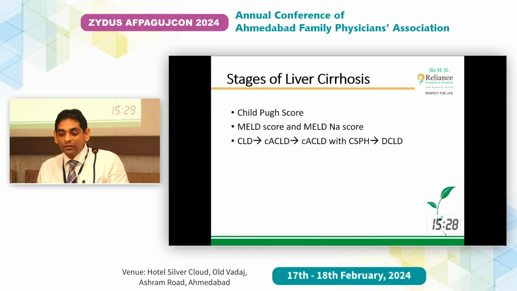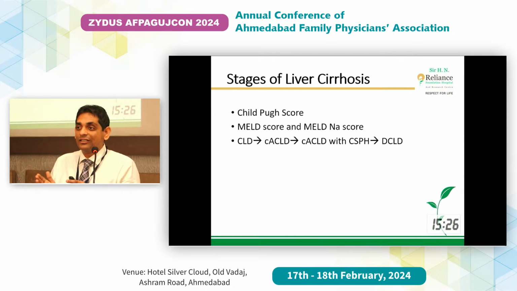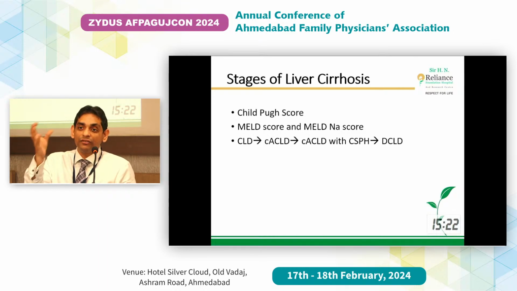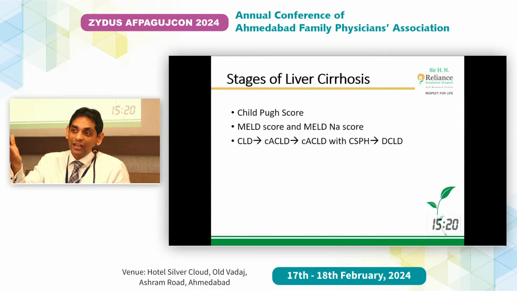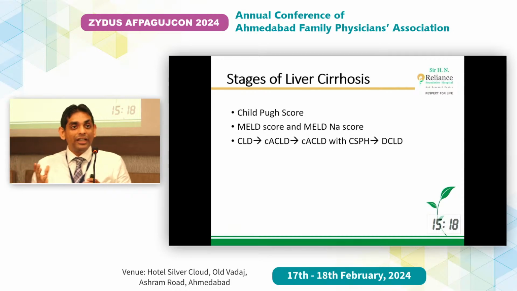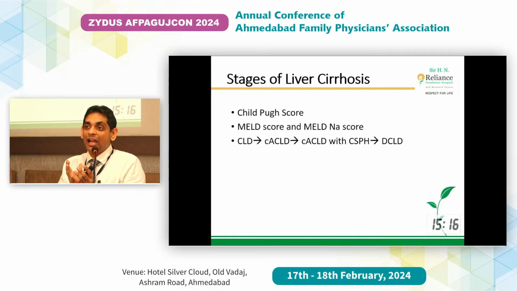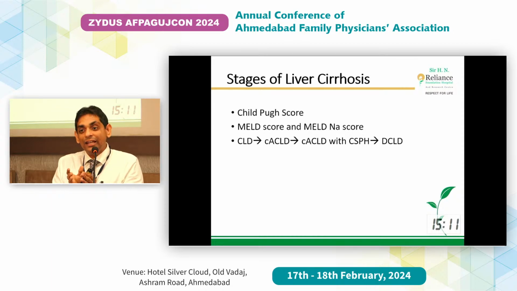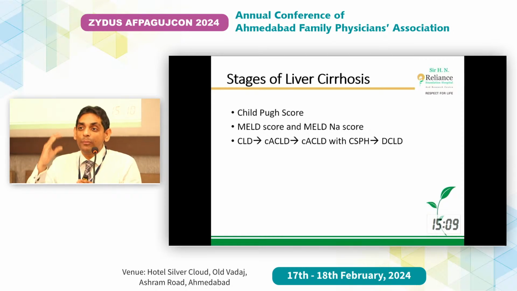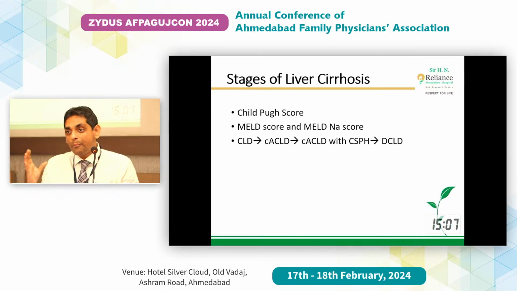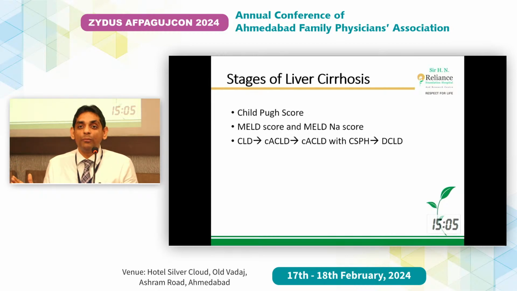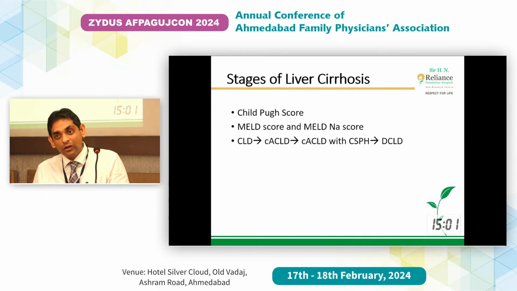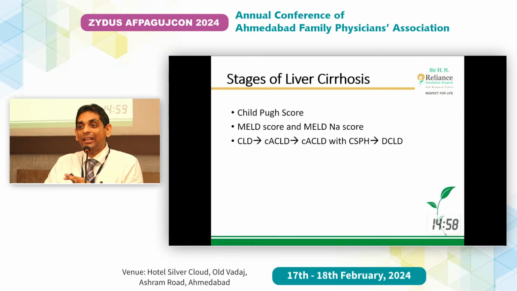Coming to the second part of the talk, stages of liver cirrhosis. It was very simple in understanding that you may have fat, then you will have swelling, you will progress to fibrosis, and then you will progress to cirrhosis. But I want a scale which will give me an idea about portal hypertension, that is the pressure of the liver, and also in terms of complications. When we use the word compensated, it means the person doesn't have any complications. And if I say decompensation, it means they have ascites, jaundice, GI bleeding and hepatic encephalopathy.